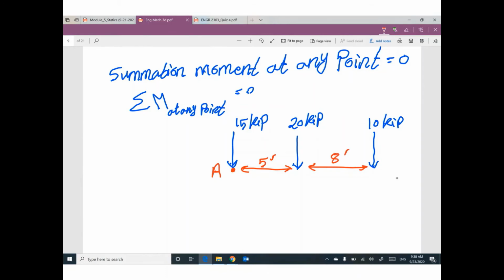If I'm looking for summation of moment at A,